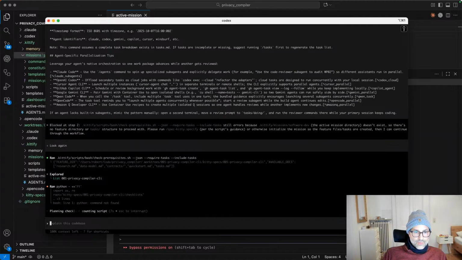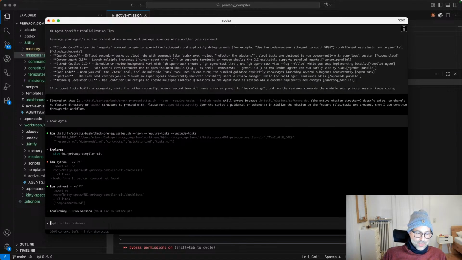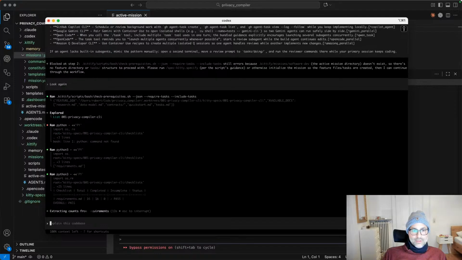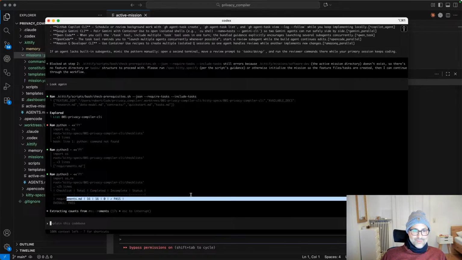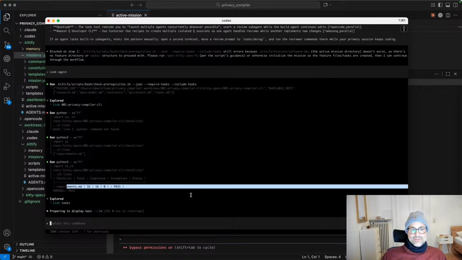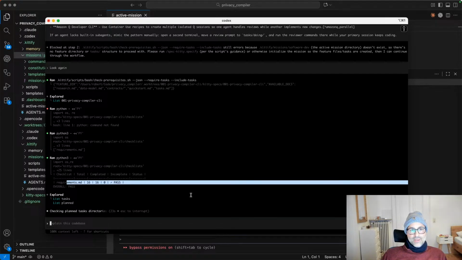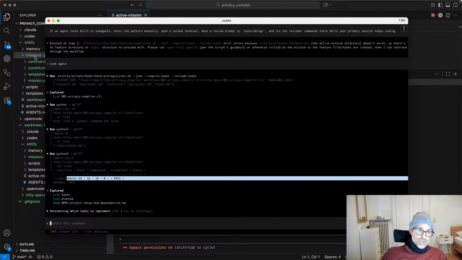So that it runs a prerequisite script, which is nice because when it's working right, it has 16 checks that have to pass before the agent's allowed to actually do their work. Because there's apparently a bug in the software, and this missions directory doesn't get copied properly,